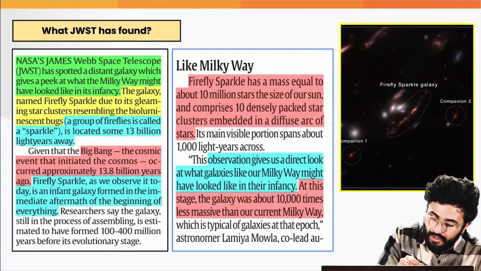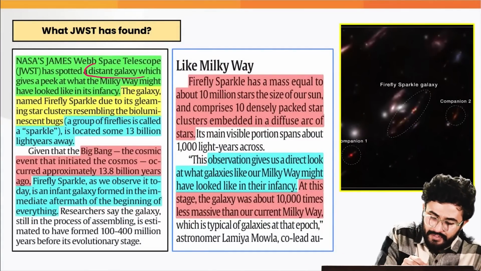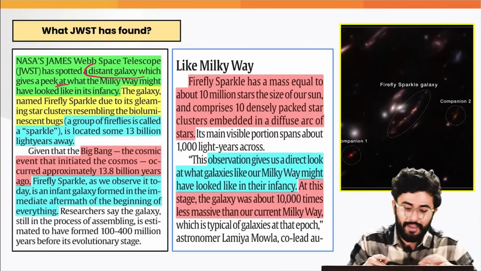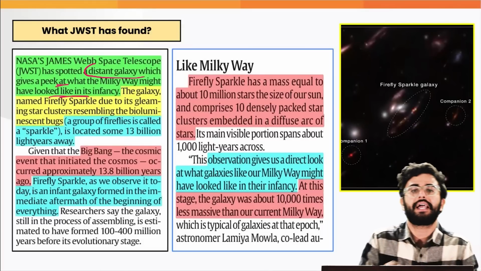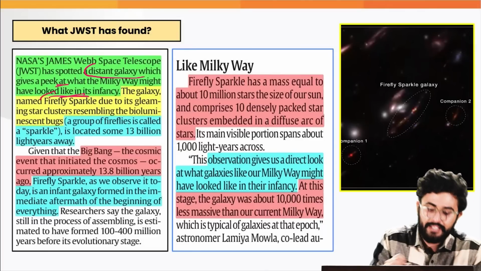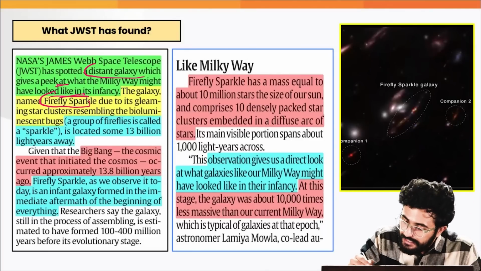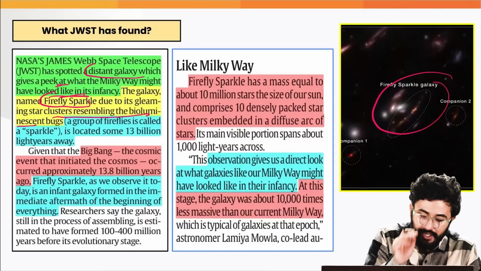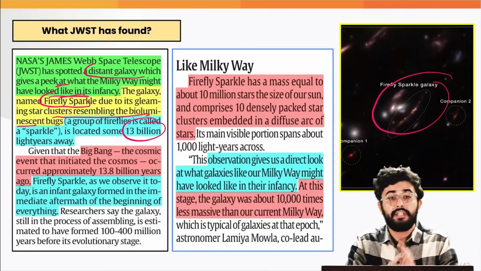So it has spotted a distant galaxy which gives us a peek at what the Milky Way, the galaxy in which our solar system exists, might have looked like in its infancy. The galaxy's name is what? The Firefly Sparkle, due to its gleaming star clusters resembling the bioluminescent bugs, which is located around 13 billion light